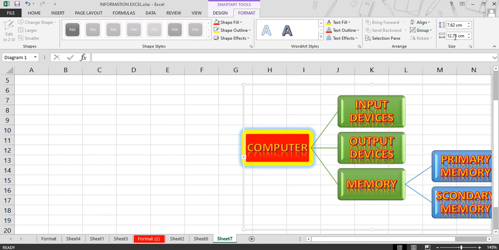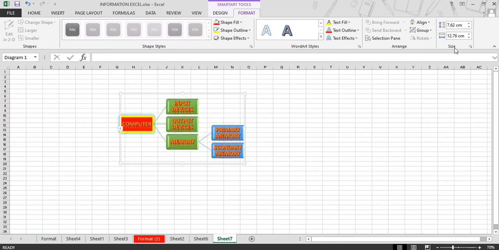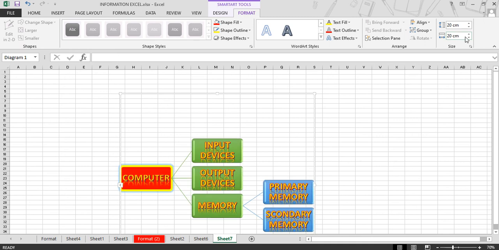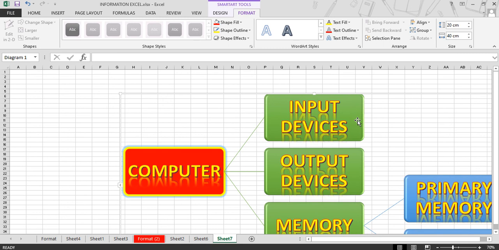Next is the size option. To change the size of this smart art, you can use the size option, like its size is 7. If you want to increase it to 20, it changes. So in this way you can customize your smart art.